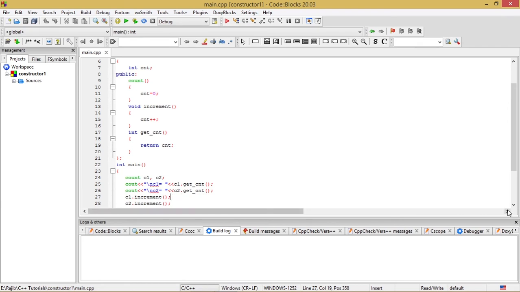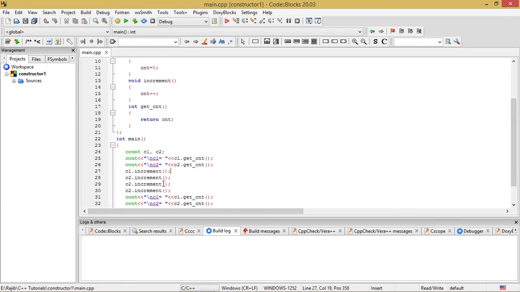After that, I have called the increment function once for C1.increment. So this C1.increment invokes this function. CNT inside C1 will be incremented by unity and it will become 1 from 0, and after that C2.increment again increments the CNT variable in C2 from 0 to 1.